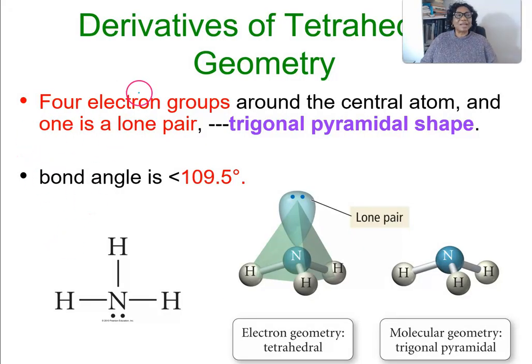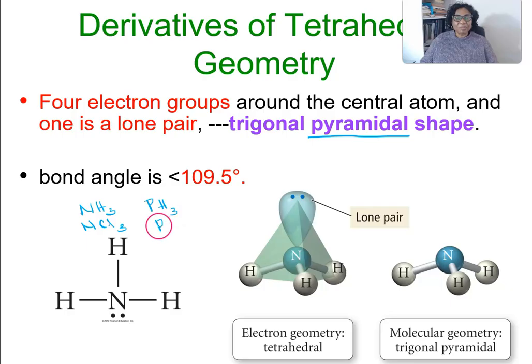Let's look at derivatives from a tetrahedral geometry. Tetrahedral has 4 electron groups around the central atom. And if one is a lone pair, the result is that we have a trigonal pyramidal, not bipyramidal. Trigonal pyramidal and not trigonal planar. It's trigonal pyramidal shape. Bond angle less than 109.5. Example is NH3 or NCl3